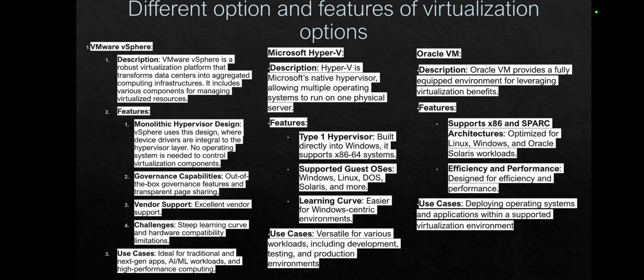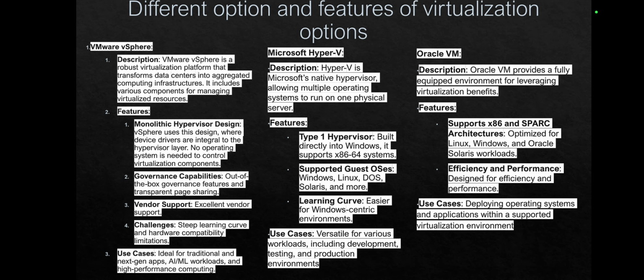We have a lot of different options and features of virtualization. 1. The one we already talked about, VMware or vSphere. Description: VMware vSphere is a robust virtualization platform that transforms data centers into aggregated computing infrastructures. It includes various components for managing virtualized resources. The features are: